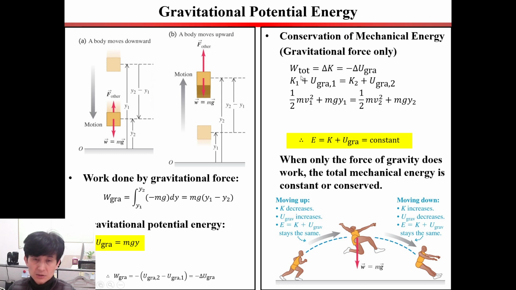As the kinetic energy is defined as 1 over 2 mv square, we have 1 over 2 mv1 square plus mgy1, which is calculated just here. Potential energy is mgy. Then the kinetic energy of the second system is 1 over 2 mv2 square, and the potential energy of the second system is mgy2. So this should be the same